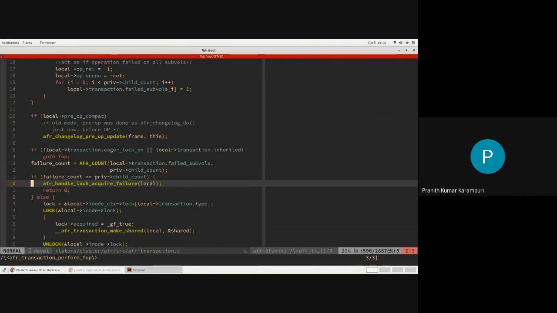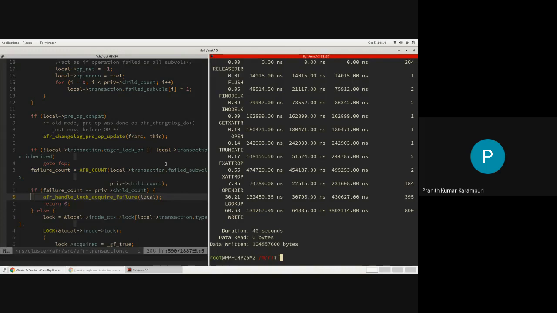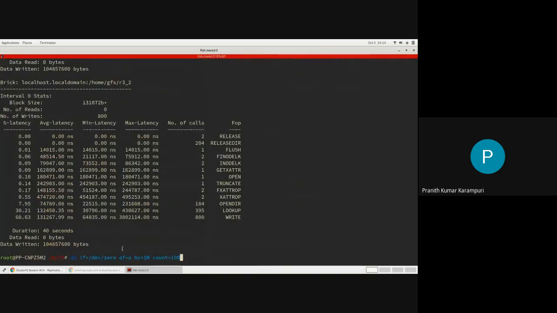So if 5 write operations come on the file at the same time, that can happen, for example, when we did this dd, we are giving block size as 1 MB, but Fuse actually breaks it up into 128 KB writes. So we will actually get 8 such writes.